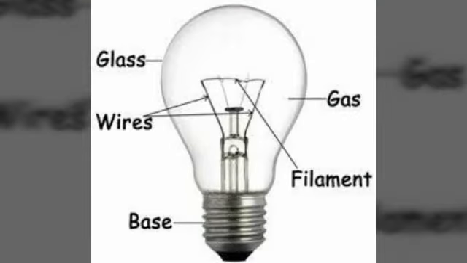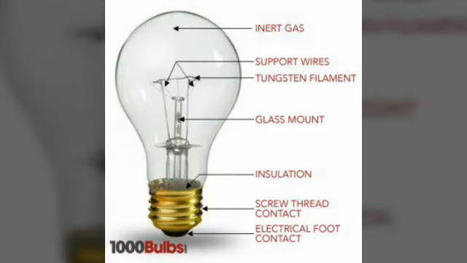These two things are very, very important because the filament breaks. The filament is mostly made up of tungsten. If you take a bulb, you can see a small hair-like twisted wire. If that breaks, the whole circuit will break, or you have to throw the bulb. We call it a fused bulb.